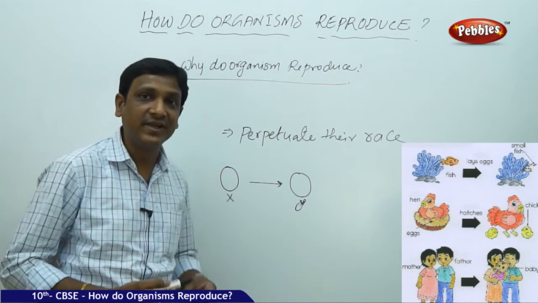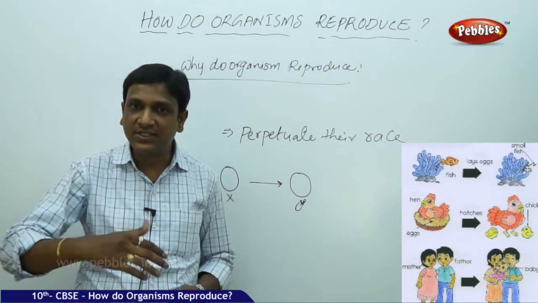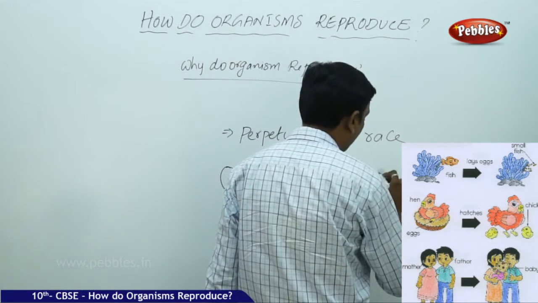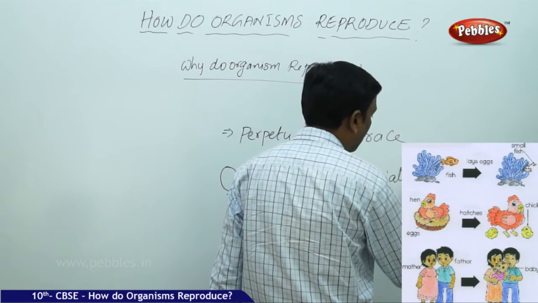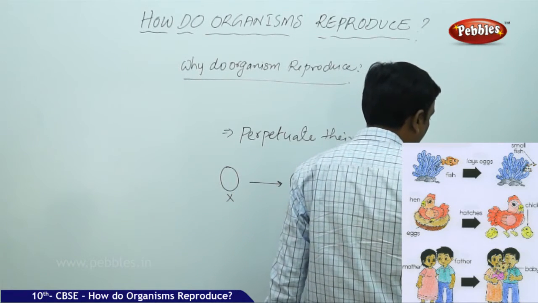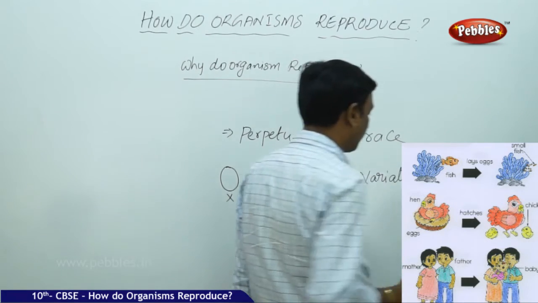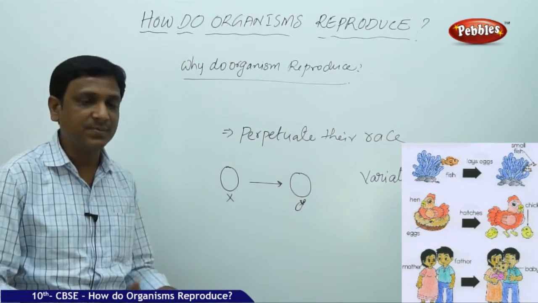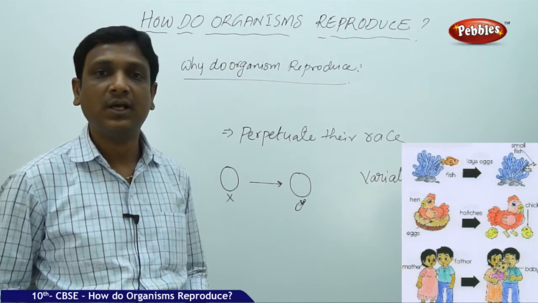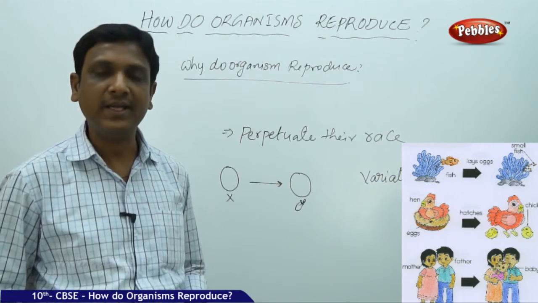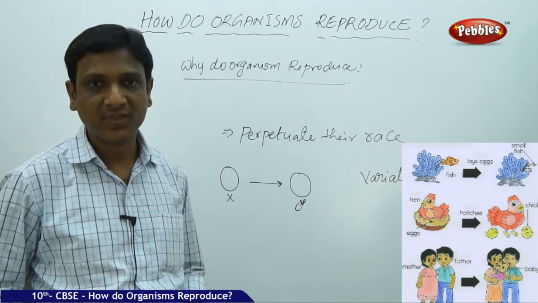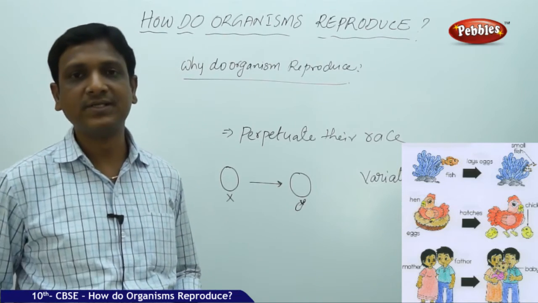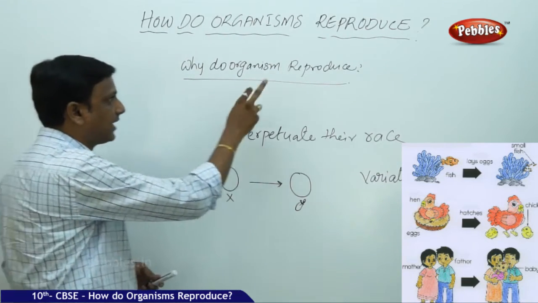So, reproduction brings variations, some changes in the organisms. Variations mean little changes in the organisms. These variations help the important process in biology, the evolution of species. Variations are the basis for the evolution of species. If these variations were not there, this many species would not have evolved, even the human beings. We might not have evolved into Homo sapiens sapiens, human beings, if there were no variations. There are no variations if there is no reproduction. So that is the importance of reproduction, and that is the reason why organisms reproduce.